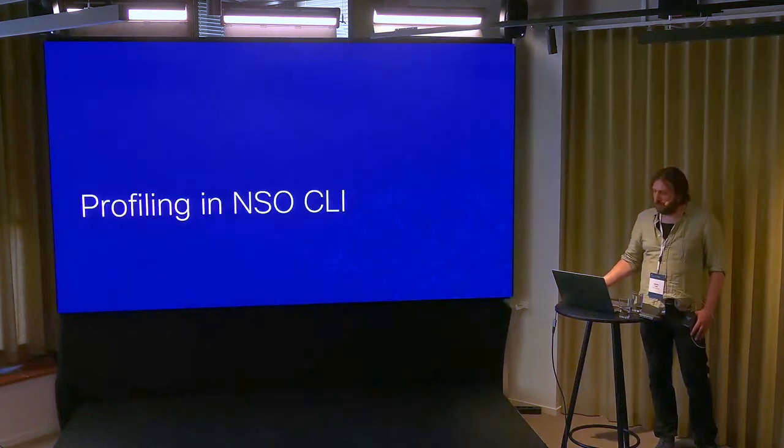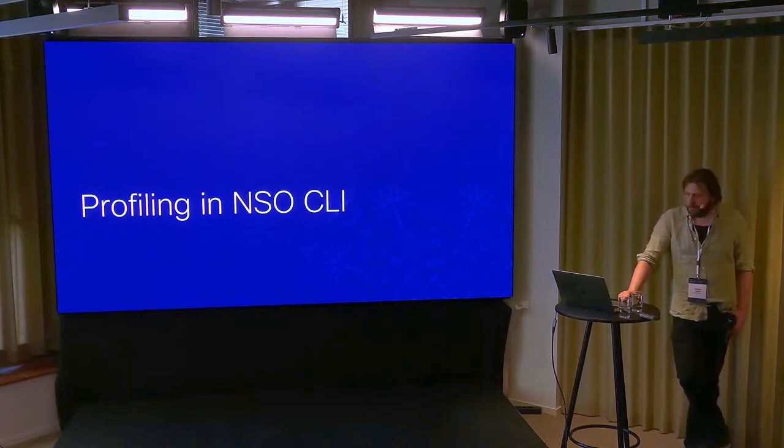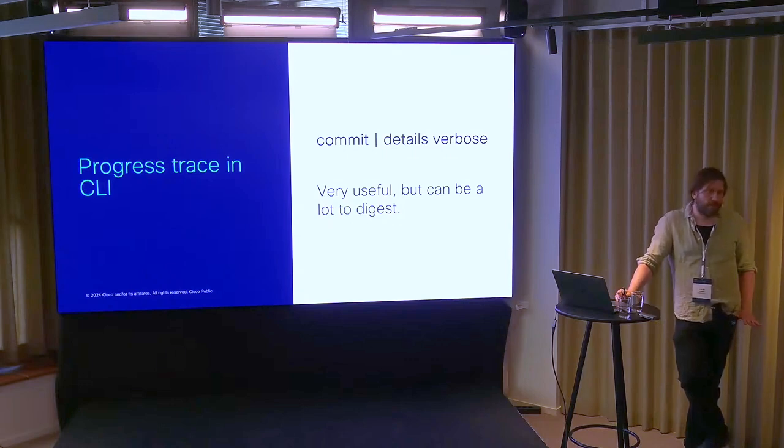Yes. I have a very short section on rough profiling in CLI, and this might be one of the most common use cases for using NSO CLI when developing and trying out. The thing we talk the most about and show the most is commit pipe details verbose or something. It gives you kind of the progress trace in CLI. It's extremely useful. I'm not going to go into details about this. We have had sessions about it. It gives you tons of information, and it's really good for profiling,